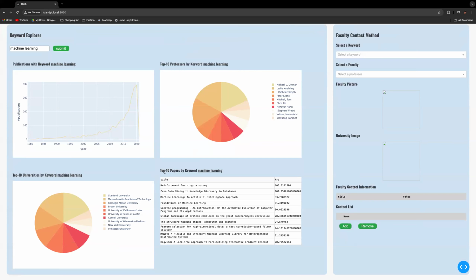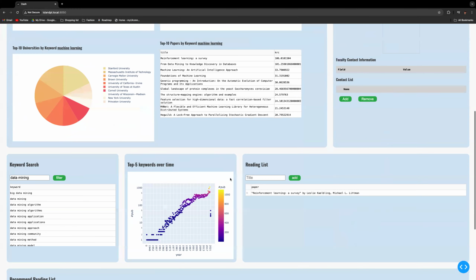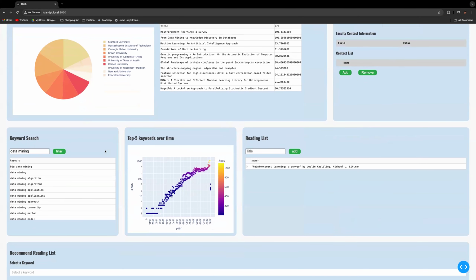The next widget is top 10 papers by keyword. This score is calculated by multiplying the publication score and number of citations. This widget might be useful for the user because they might want to read a paper that is the most prevalent. When you scroll down, you'll see there is a keyword search, and this is different from the Keyword Explorer